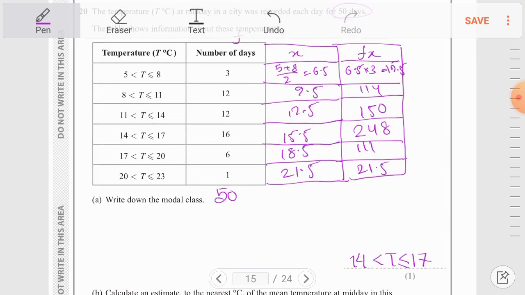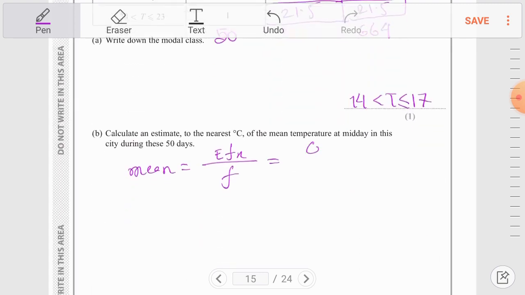The sum of all the fx is 19.5 plus 114 plus 150 plus 248 plus 111 plus 21.5, and that is 664. So we write 664 in the numerator and 50 in the denominator. And if you divide 664 by 50, you get